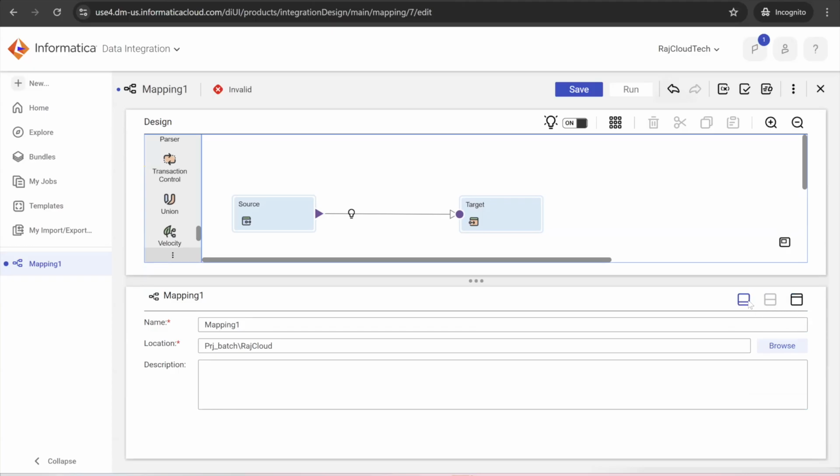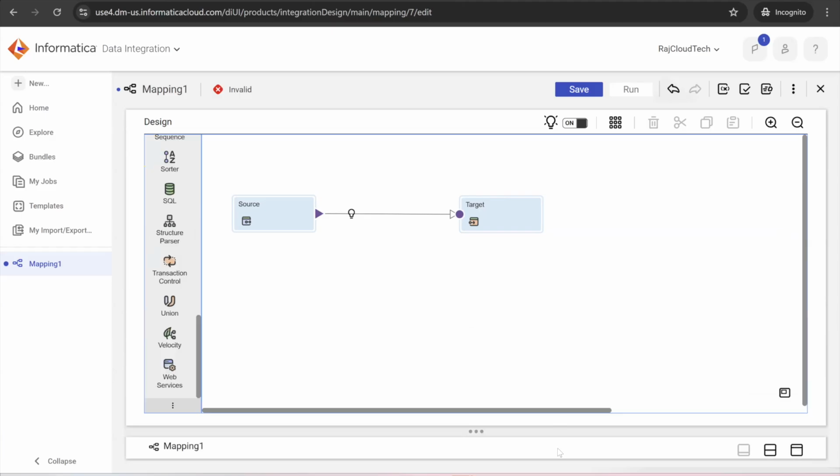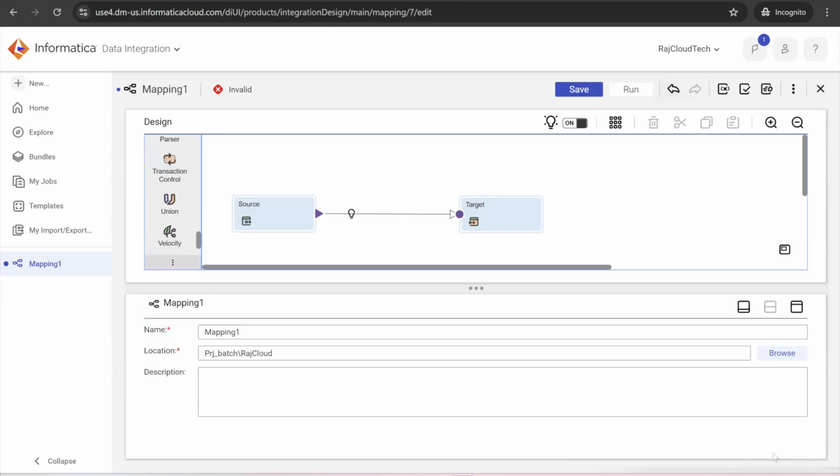For example, if I minimize, this will minimize down. If I click on this, it will come back again. If I maximize, it will come to full screen. So let it be restore only. Did you understand? So this is the properties window. The down window is called the properties window. Yes, please.